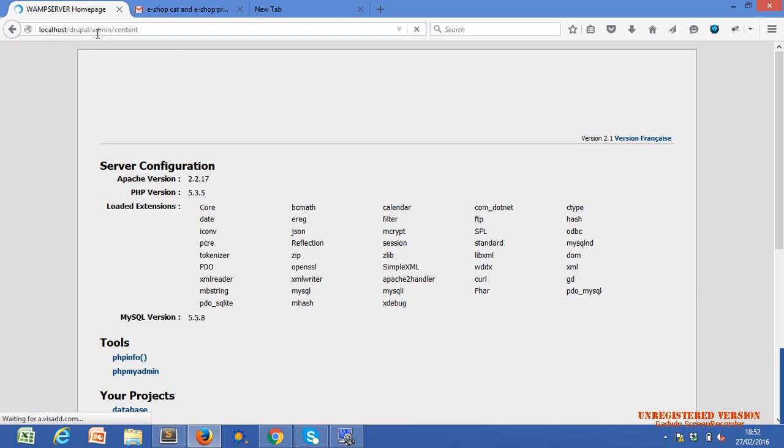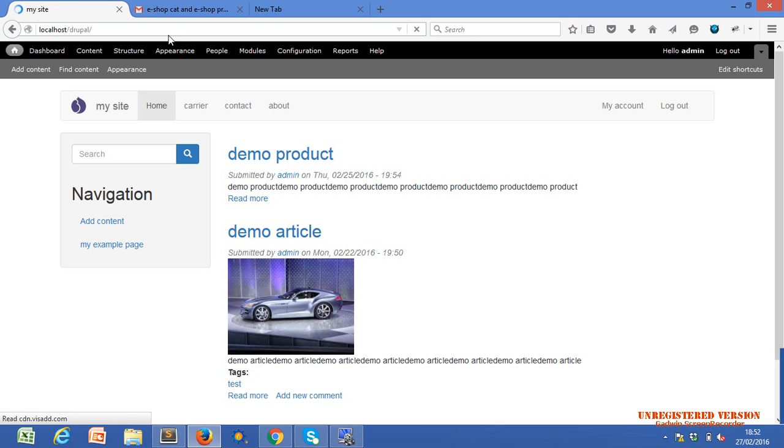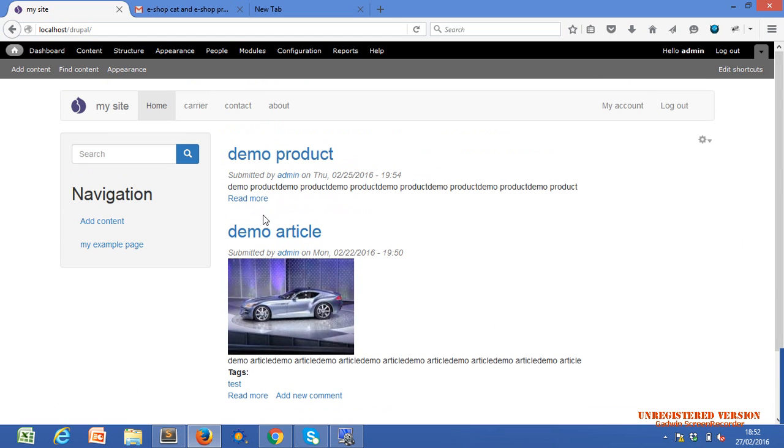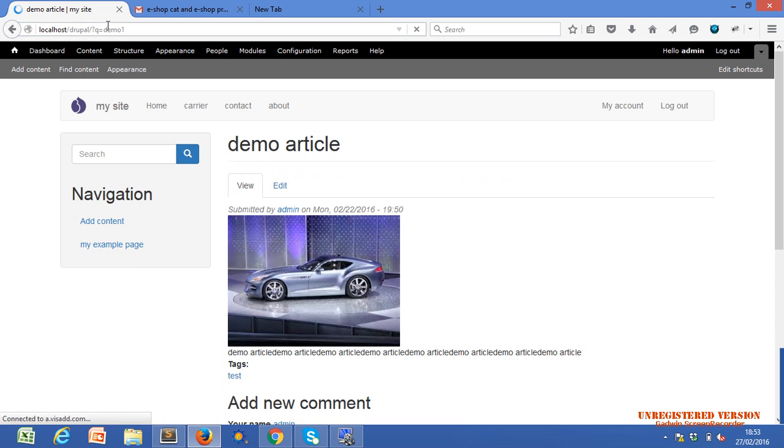I don't know why it is coming. Admin configuration. There is some configuration setting we missed, that's why I'm going to that window. Okay, whenever we click on this demo article, have we changed the demo article URL or not? Yeah, now we get demo one.